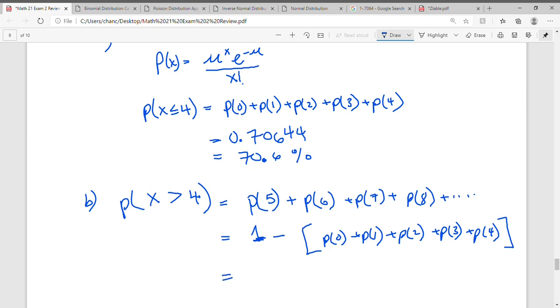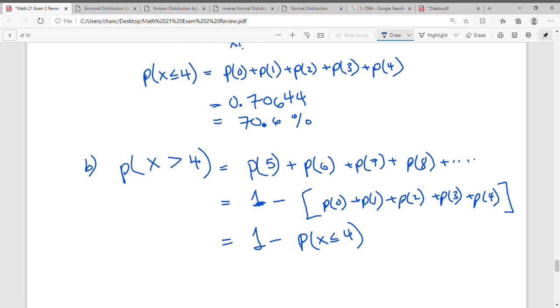Now again, we don't want to do this by hand because that's going to be a lot of work. But just realize, we already did this in part A. This part is equivalent to P of X is less than or equal to 4. I know what that number is. That number is 0.7644. So this is equal to 1 minus